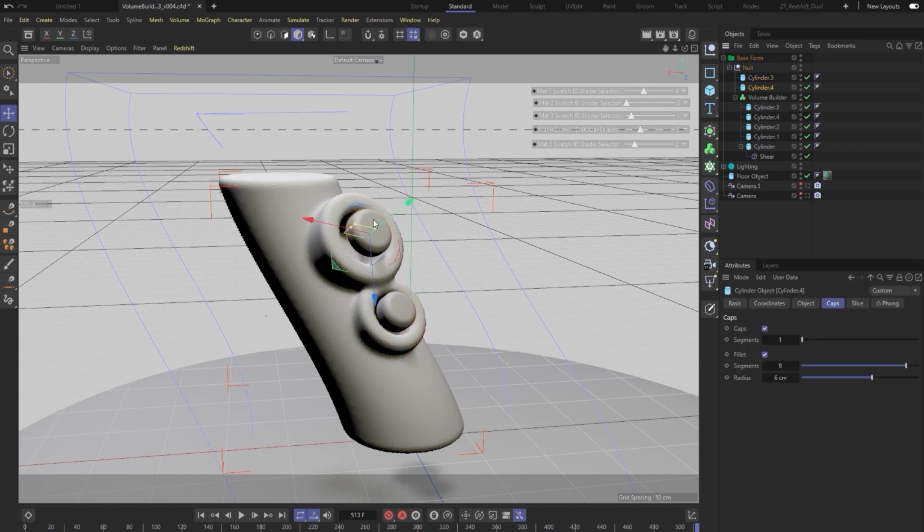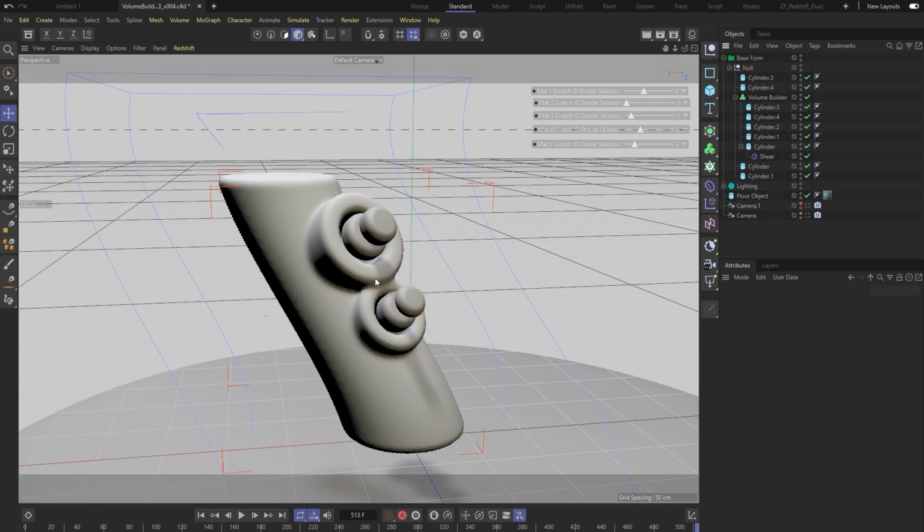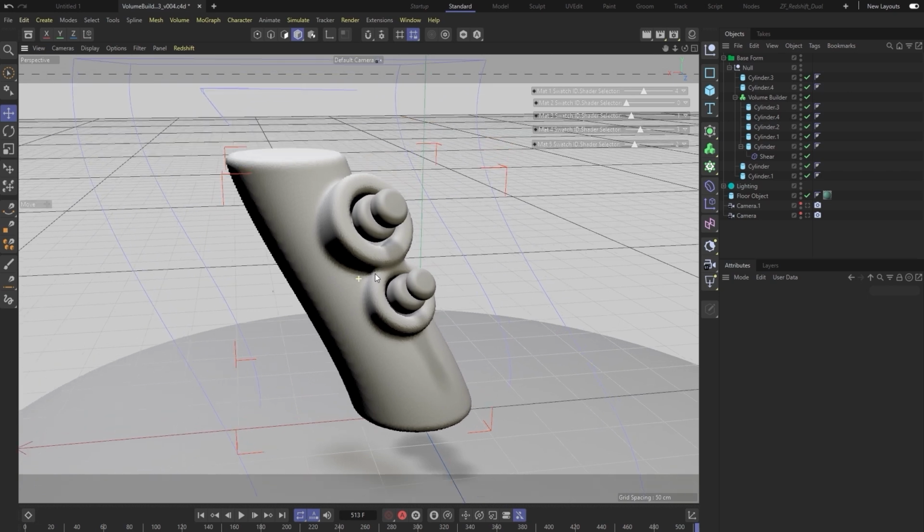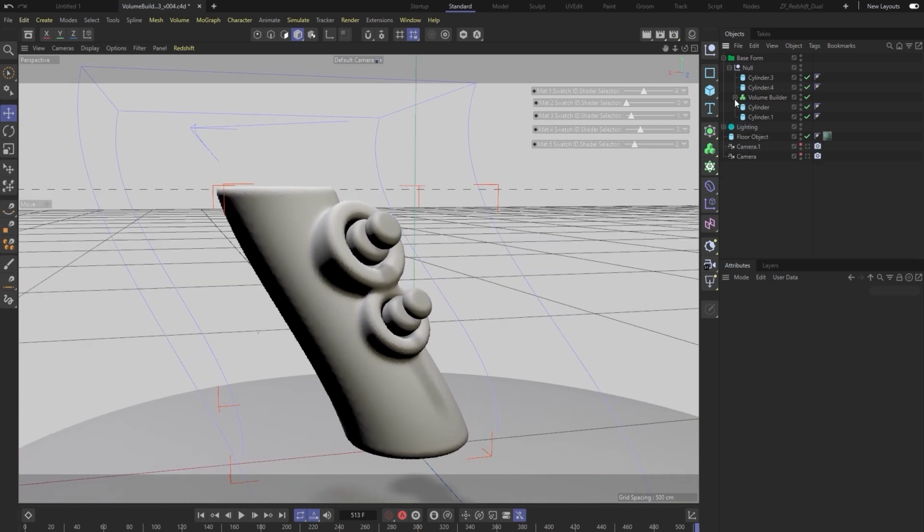There we go. Maybe another one comes out here. Let's go ahead and I'm going to do the same thing. Maybe it's a little smaller. There we go. And we have something nice happening here.